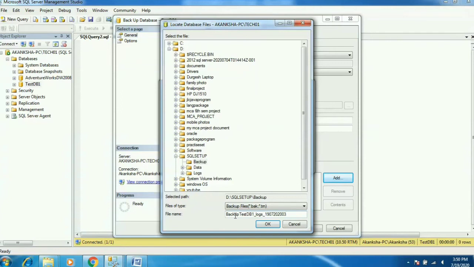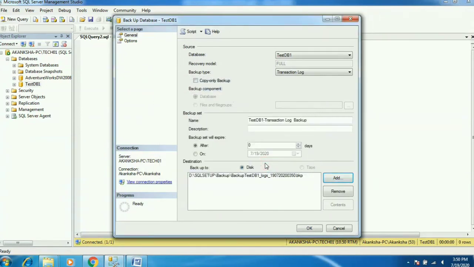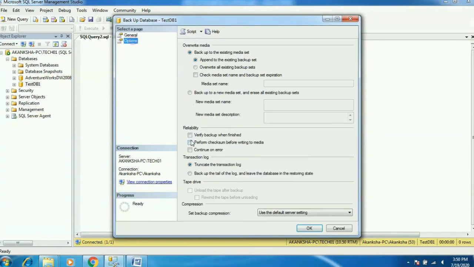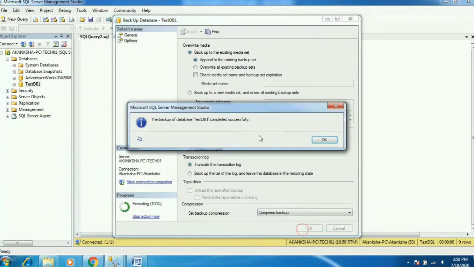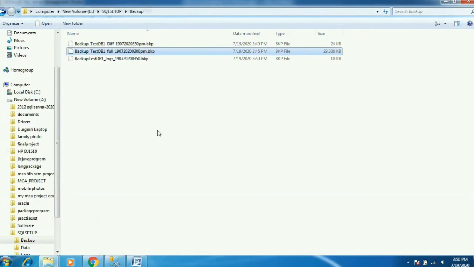Make sure you give the key which is approved by Microsoft. Otherwise, if you put a wrong key, letter or symbol, it will throw an error also. Yes, so I have provided it here. Again we will go and select the Options tab, compression backup. Yes, okay, and it's completed because there is no transaction and it's a small database also. Now I will again verify my backup location. Yes, it's there. Let me arrange by date.